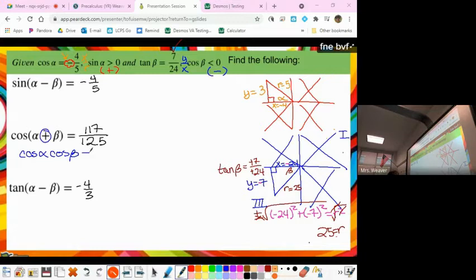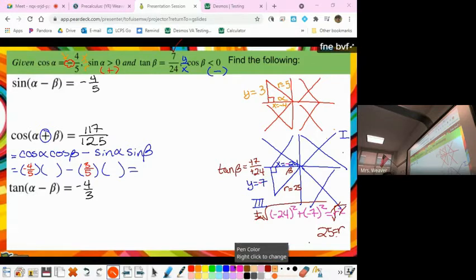So since this was plus, it's going to be minus, sine of the first, sine of the second. So I want to go find those cosine and sine values and plug them in. So the cosine of alpha they actually gave us, that's -4/5. And the sine of alpha is going to be y/r, or 3/5. The cosine of beta